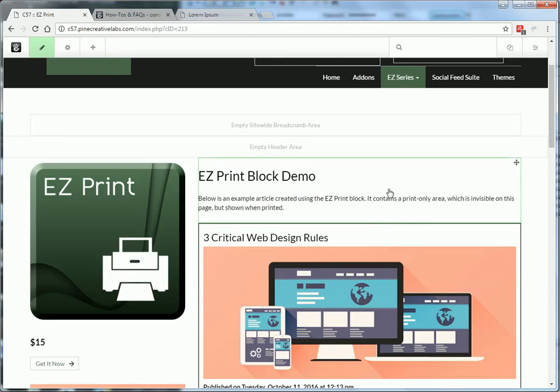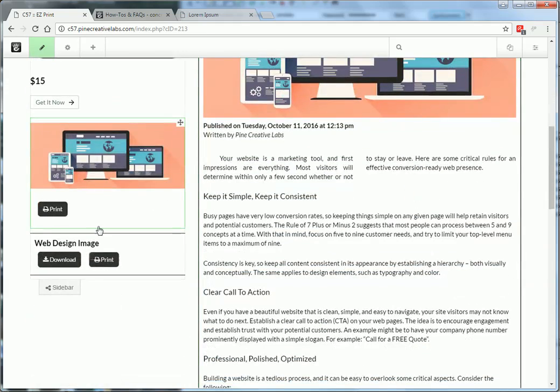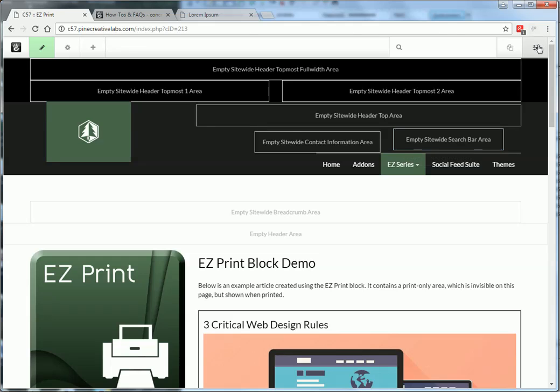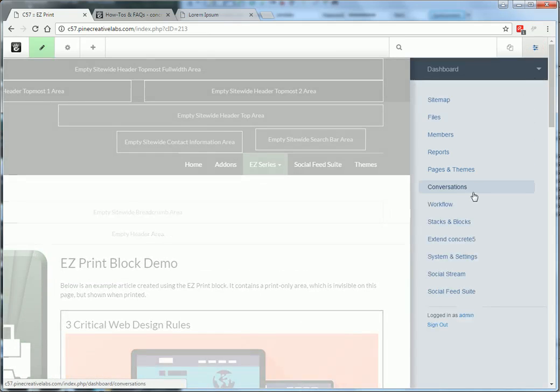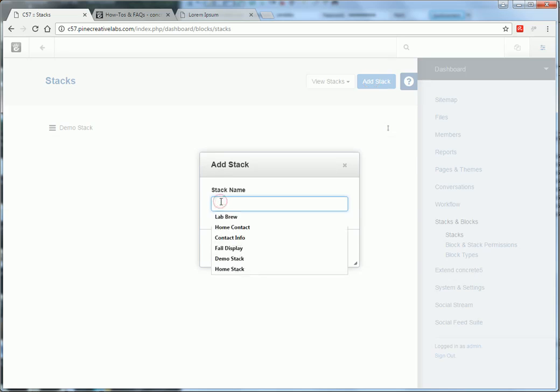Now I'll show you how you can make a whole area printable. And what you do, probably the best way that I can think of to do this, would actually be to use a stack. So what we'll want to do is go to our stacks and blocks, and then create a new printable stack. So we're just going to name something here. Printable stack,